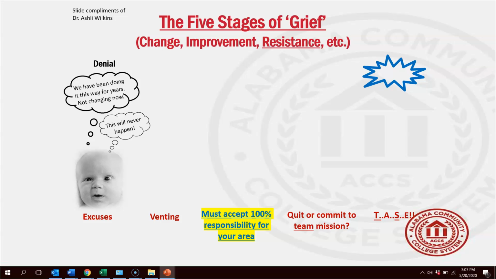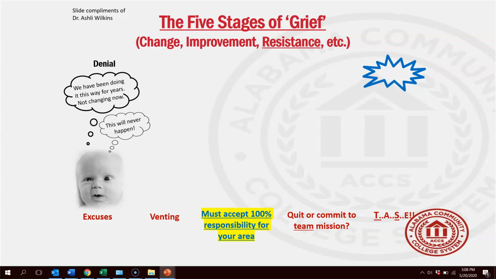The denial phase, there's nothing productive about that. Matter of fact, it undermines our mission and vision, because the denial phase is a phase where things I used to use that may have been a primary paradigm back in the day for higher education no longer apply in the 21st century. So now they sound more like excuses. So if I've been able to use these excuses and never been challenged, if I've been able to hold on to old paradigms and have never been challenged, then how am I supposed to break out of denial?